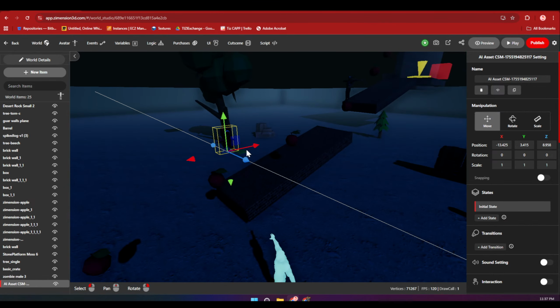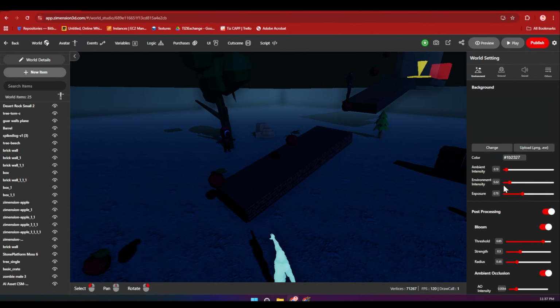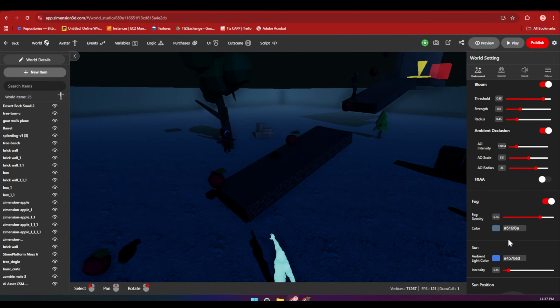So instead of opening Blender, having years of experience in Blender and making a particular asset that will suit our world, it is better to generate an image from AI and then have it inside your own world. So again, I'll just increase the sunlight maybe.